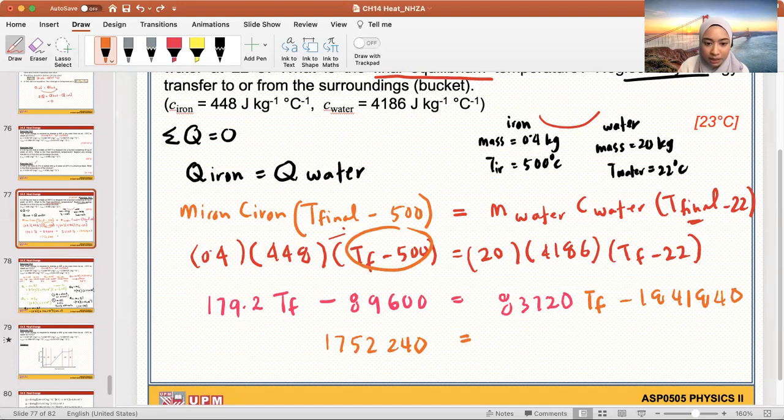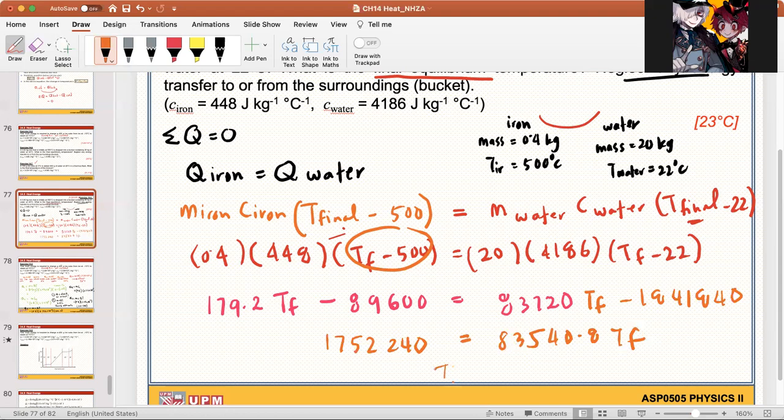So I'm bringing this guy to the other side, to the dark side. So it becomes 83540.8 TF. Okay, so what's the answer? 1752240 divided by 83540.8. Saya tak suka lah banyak-banyak nombor ni, I prefer to deal in symbols. So TF is